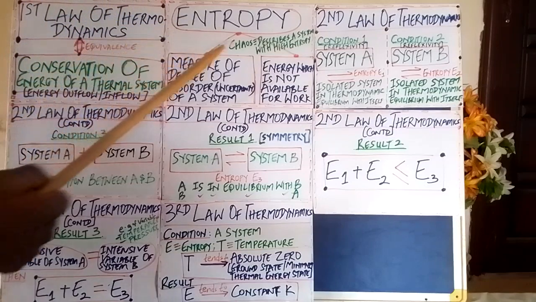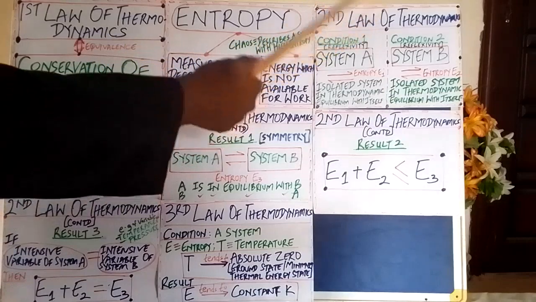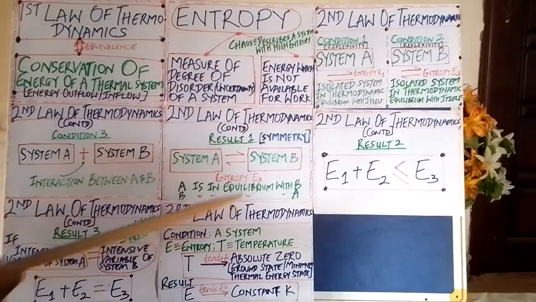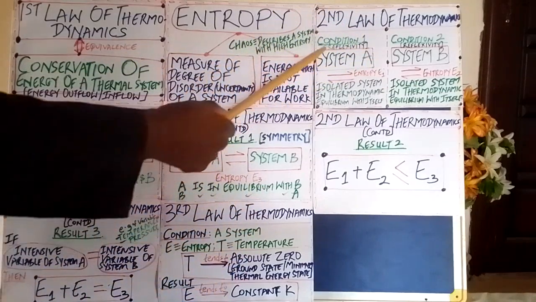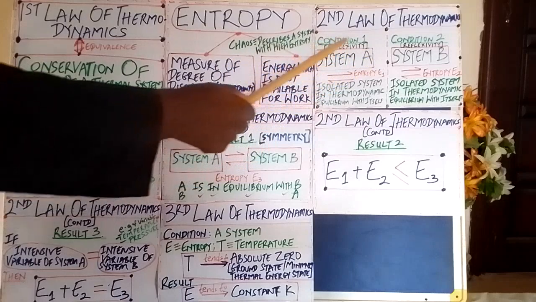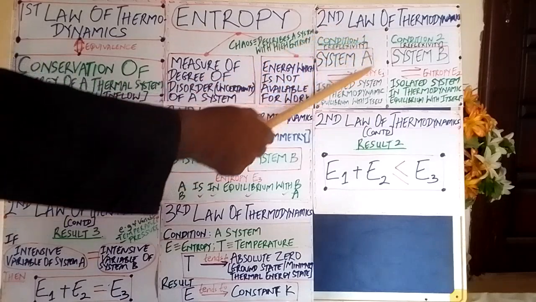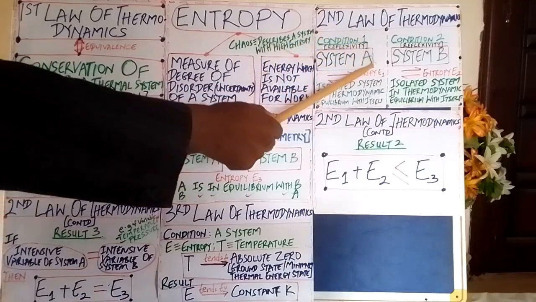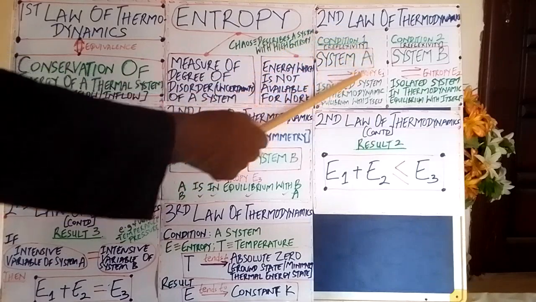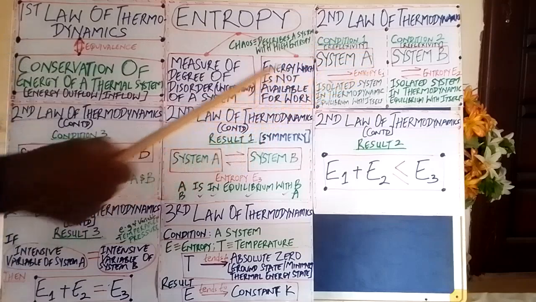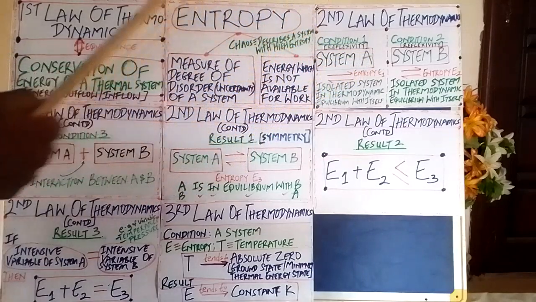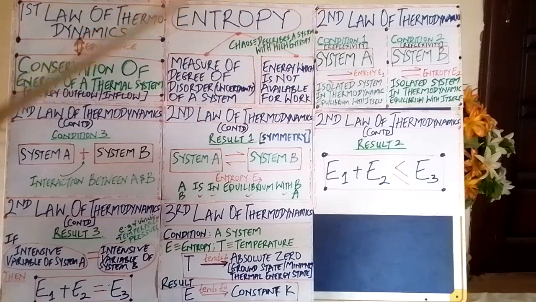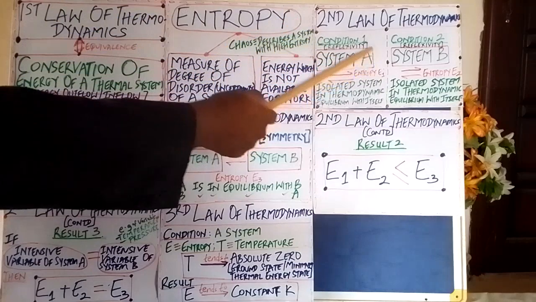To clearly understand the second law of thermodynamics, we can look at this simple sketch. We have a system A. Of course, when we say system A, we mean a thermodynamical system, a system that undergoes thermodynamical processes. We have explained the concept of thermodynamics, just the dynamics of heat processes. So supposing I have a system A